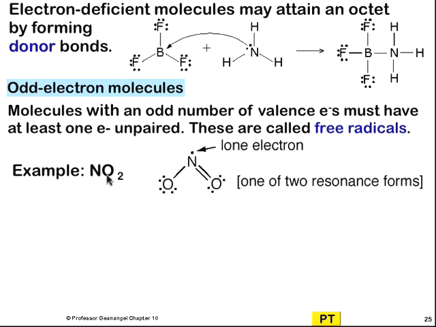Nitrogen dioxide is one. Count the electrons. 5 plus 2 times 6 is 12. That's 17 electrons. If you do the Lewis dot structure for nitrogen dioxide, what you find is that you can make an octet for this oxygen, octet for that oxygen, but 7 electrons for the nitrogen. You don't put a double bond here. Why not? You don't put 2 double bonds to the nitrogen because,